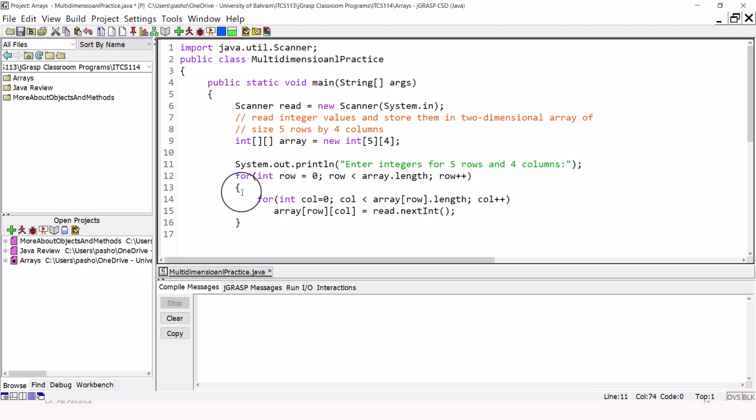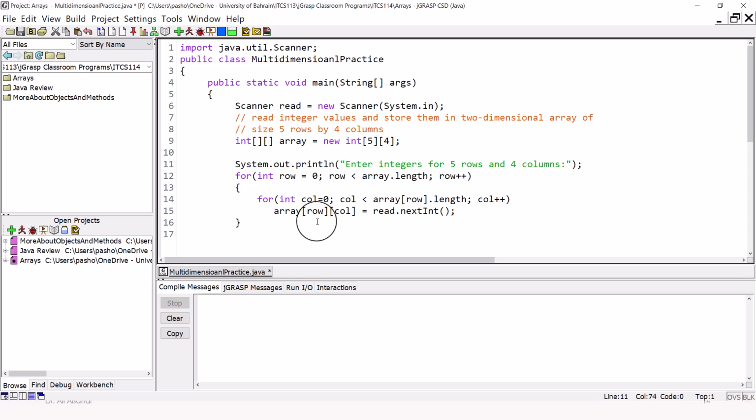And then we ask the user to enter the data. To avoid confusion on which variable of the nested loops must be used for the row and column of the two-dimensional array, we recommend that you give the name row for the variable controlling the row loop and the name column for the variable controlling the column loop, regardless of the place of these loops, I mean inner loop or outer loop. Then use the name row for the row number